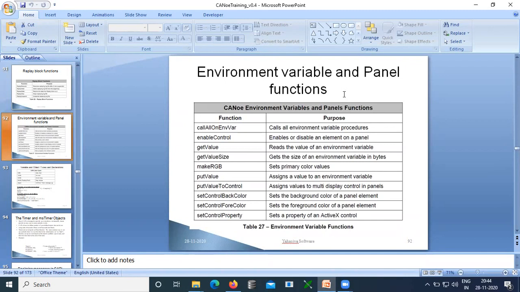The only difference is in C, you cannot separate the global variable from your program. Those two are merged together. Global variables are not a separate entity. When you want to do so, they use a header file. In that header file, they store all those variables with their respective initial values. The same way here, the variables are stored in a DBC file, and their initial values are also assigned.